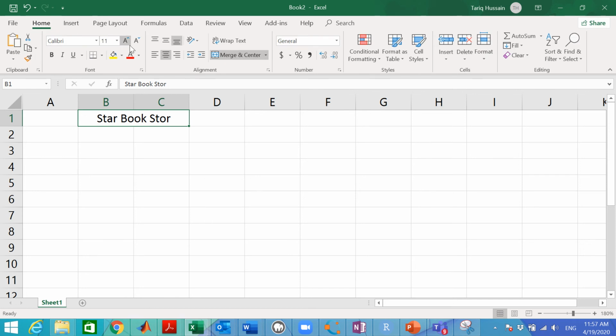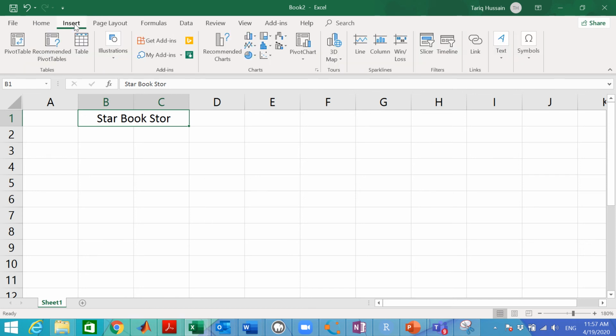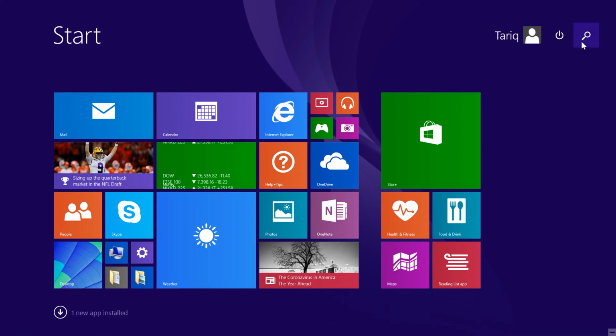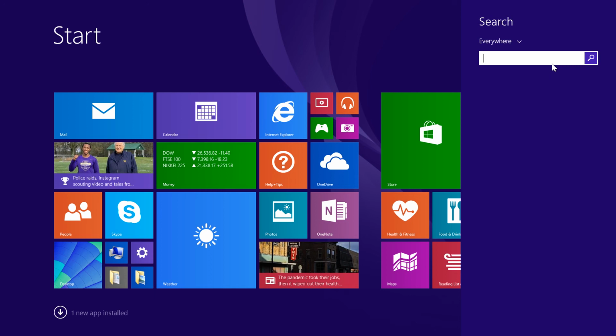You can go to Insert, but maybe you won't be able to find the different shapes here. In order to find different shapes, we can go to MS PowerPoint or MS Paint. To open MS Paint, click the Windows logo, go to the search button and write paint.